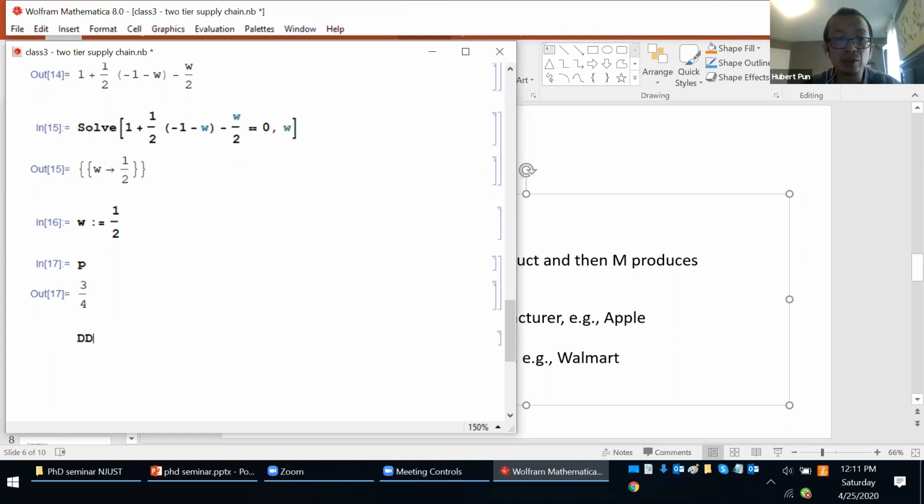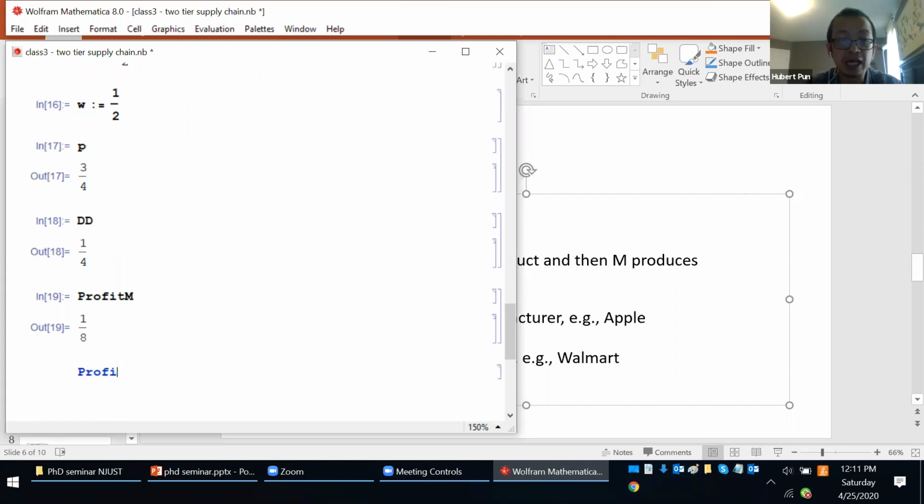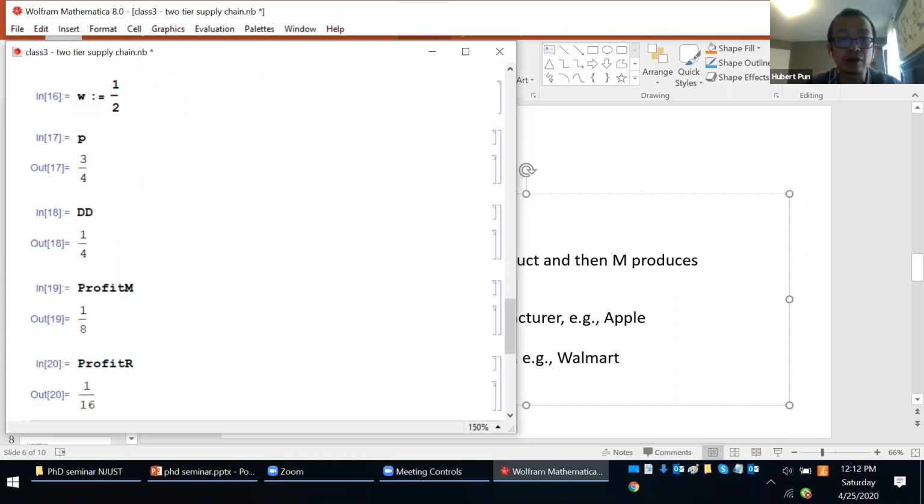The demand would equal 1/4. And then the profit of the manufacturer equals 1/8, and the profit of the retailer equals 1/16. So I want to point out something very interesting. Last time when we did an exercise,